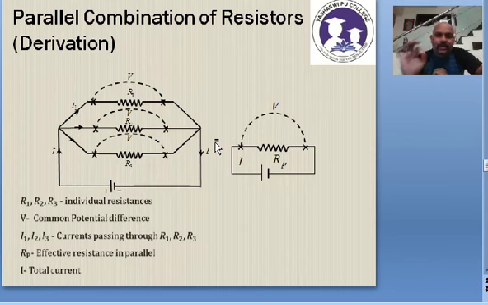I repeat, listen properly, the resistors are said to be connected in parallel if one end of all the resistors are connected to one point, the other end of all the resistors are connected to another point. So in that case, we say that the resistors are connected in parallel, remember that. Secondly, you have to understand that when the resistors are connected in parallel, the potential drop across all the 3 resistors remains same. Observe if you want.